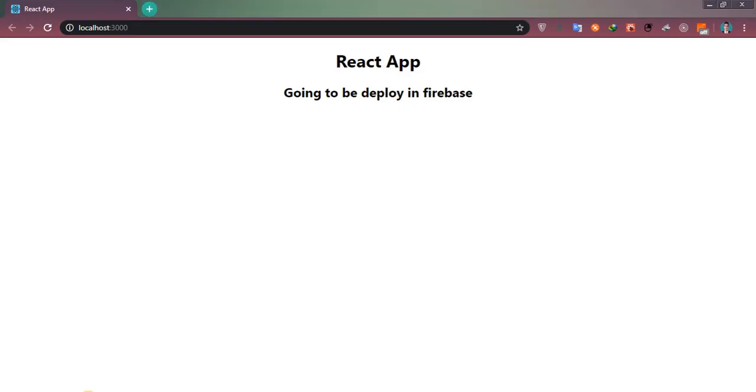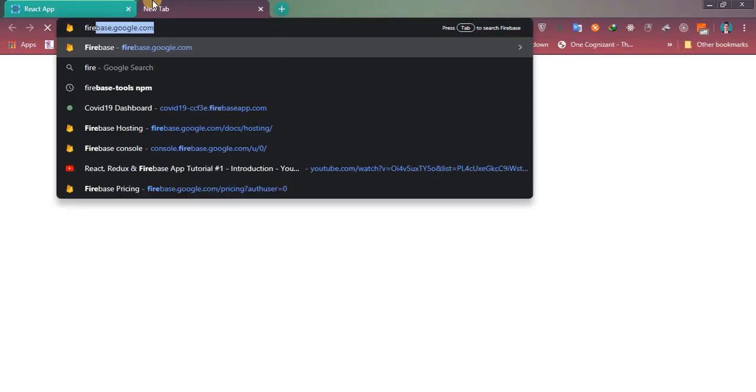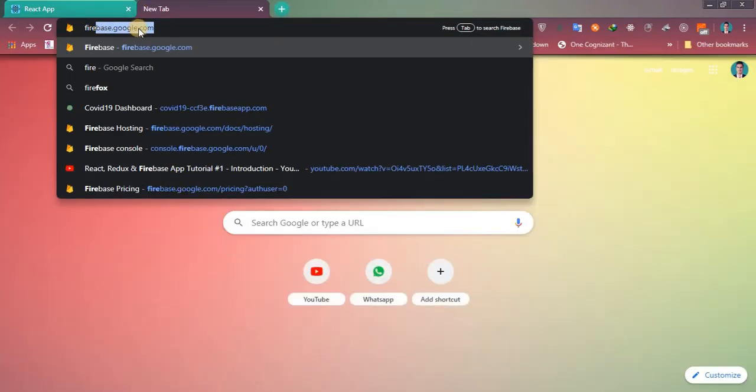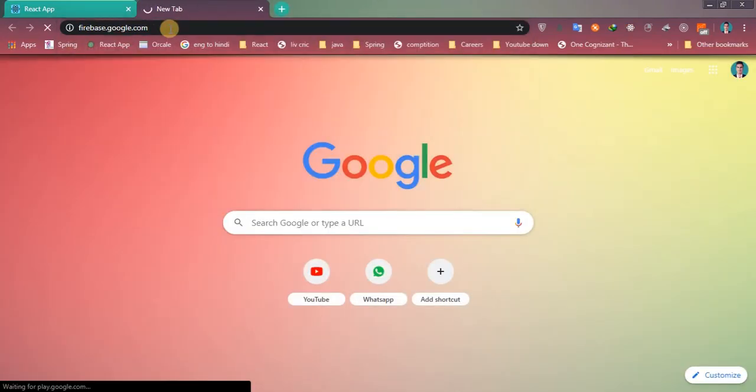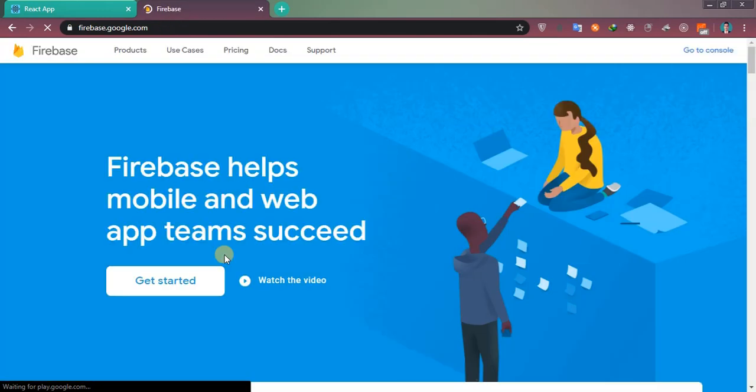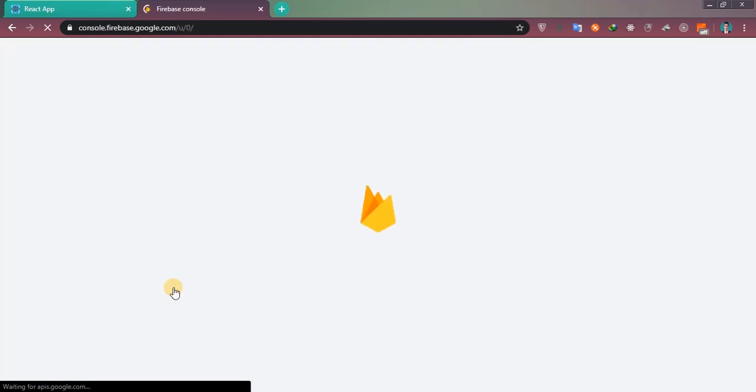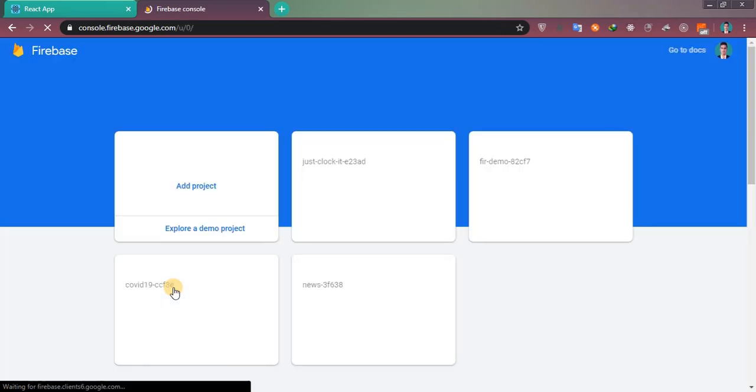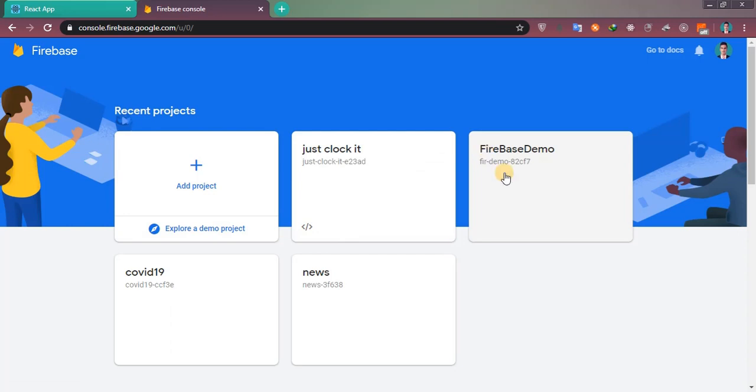First of all, let's move to Firebase. firebase.google.com. So here you can click go to console. If you are not able to see this option, please click on get started. So I can see here a bunch of projects because I have already created them.